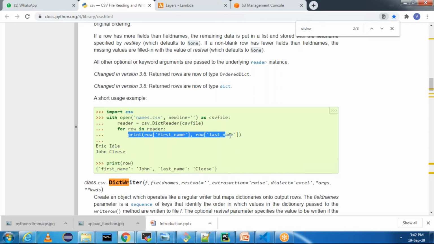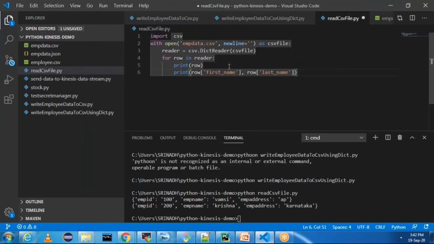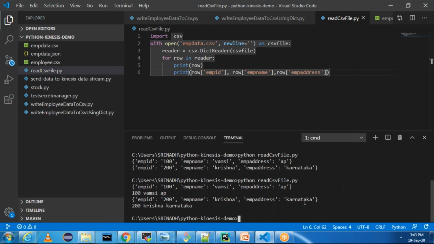I can mention print of row of employee ID, row of employee name, and then row of employee address, so that I can access the elements. Let me save this program and run this program again. Now see, I'm able to get the data.